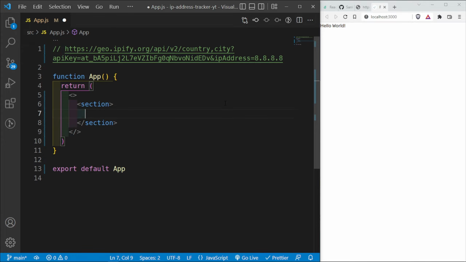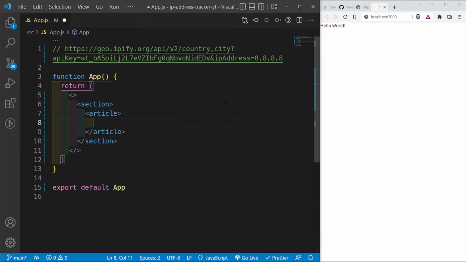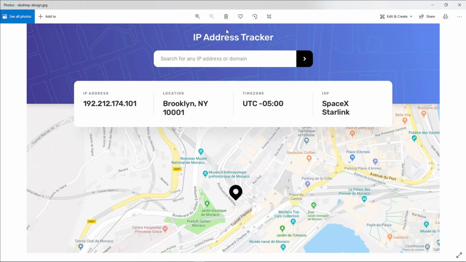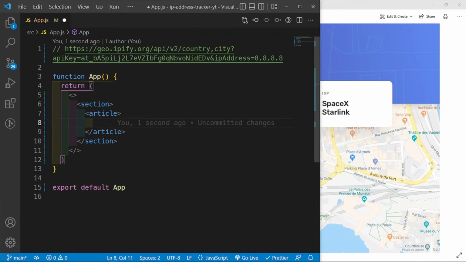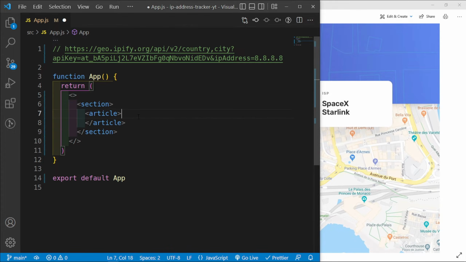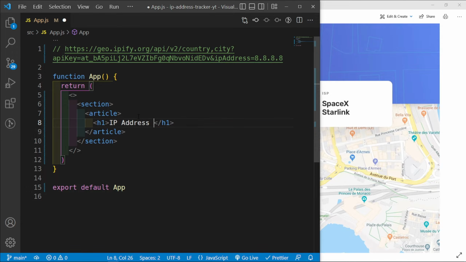And then inside this section, we're going to have the top part, so an article. And then inside this article, we have a background image. So we have the title, we have this form, and then we have the background image, and then we have this section. So let's go ahead and do this. So inside this article, let's return an h1 that says IP address tracker,